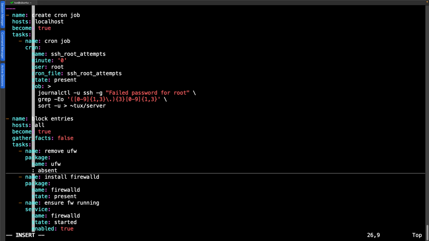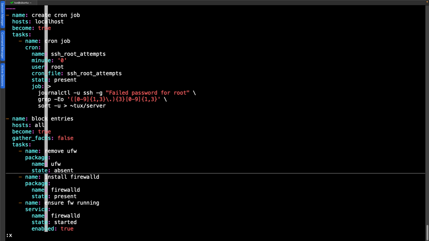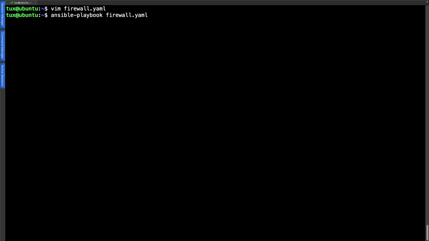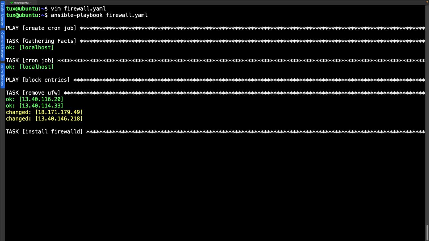But make sure you check on the name where the error is coming from, the task name. And then, of course, we can run through it again, and we should be able to run through now. We can see that we already had it removed on the 2 Rocky systems, so we're having now to remove UFW from our Ubuntu systems.